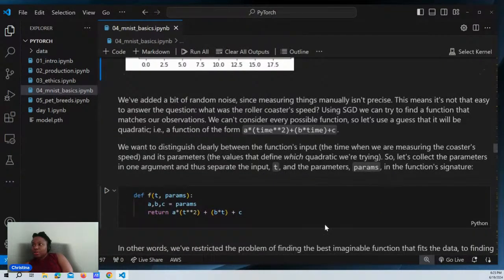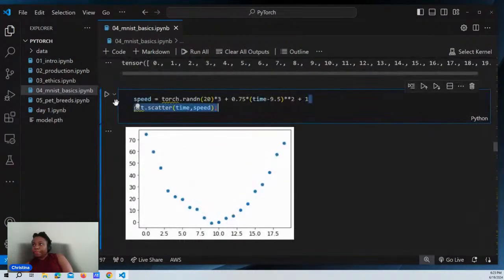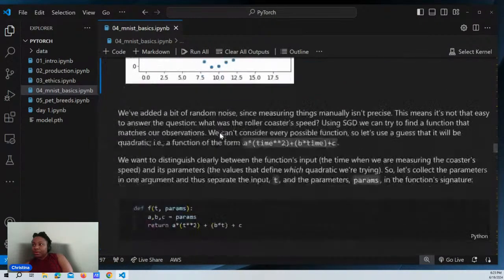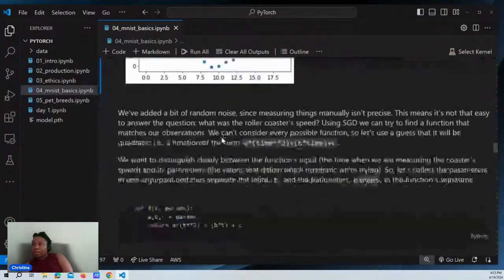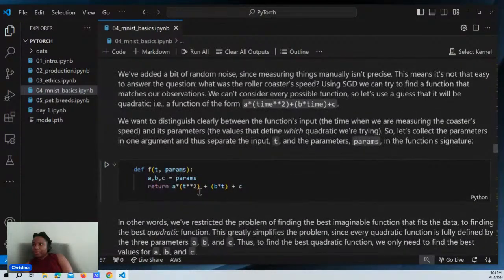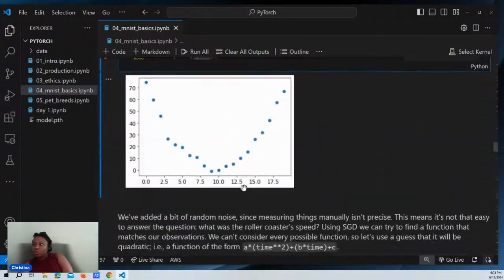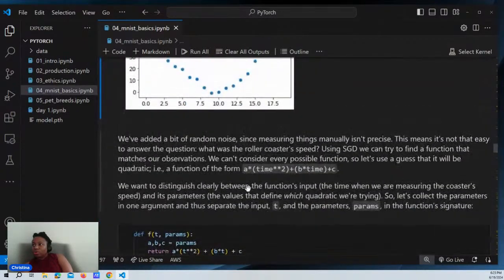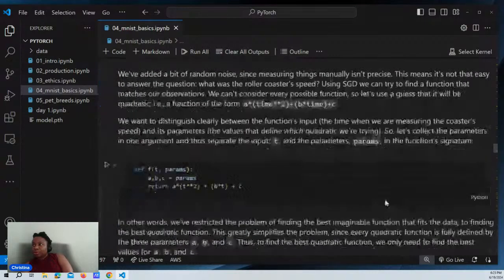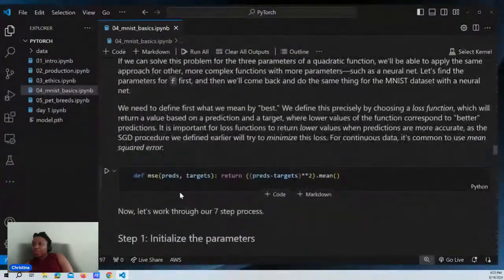They collect all the parameters and a separate input t. So that's speed and time. And they put params and they return t times 2. So that's a separate input t and the parameters params. Okay, and so then you're going to put your,